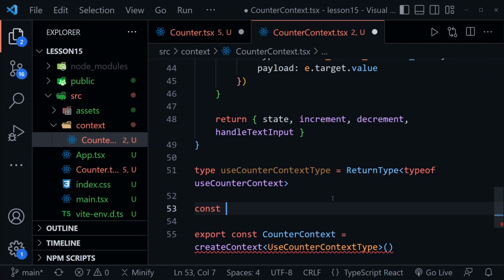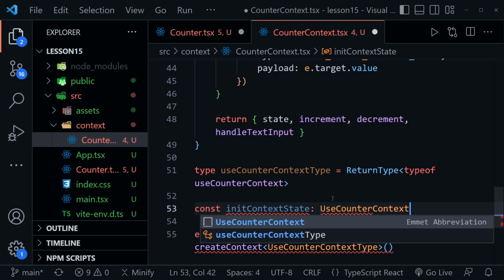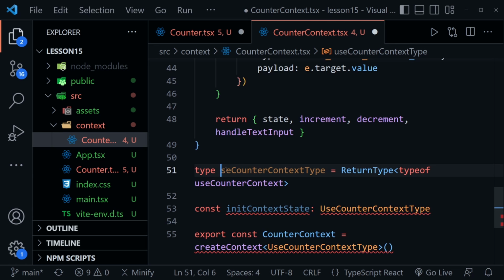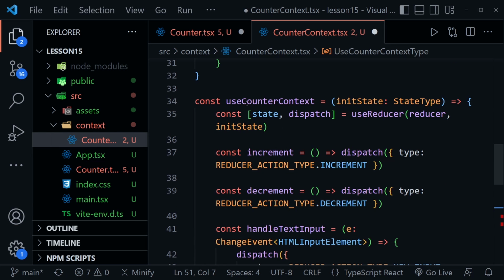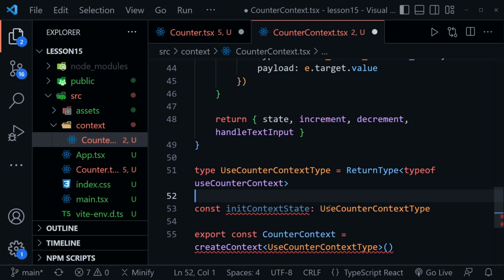So I'll say const, then init context state. And now this type is the use counter context type. And I see why I've got red lines under each one of those. This needs to be a capital U, even though the function, the hook, actually starts with a lowercase u. I want to name this separately as a type, so I'll start it with a capital. So now that we have the type, and that type is correctly applied in each of these spots, let's go ahead